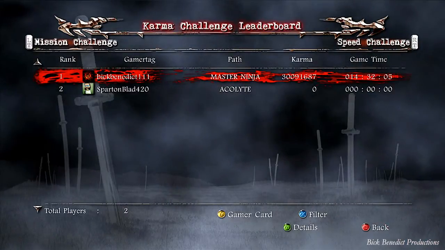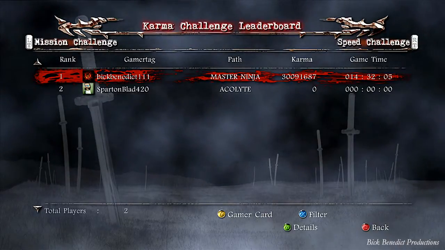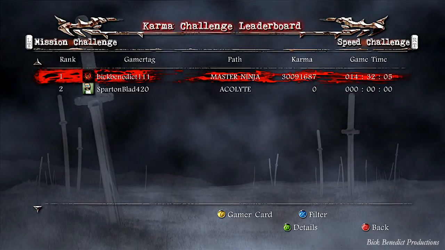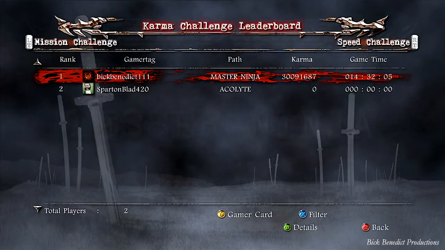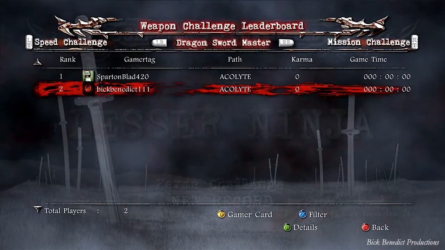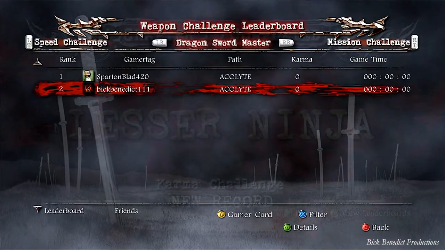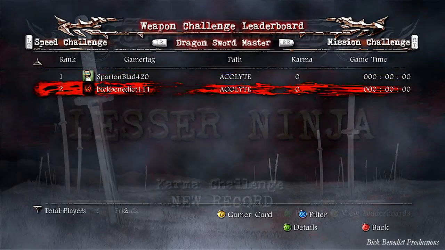So I uploaded my statistics to the leaderboard here. I haven't done it yet, so I'm interested to see. You see where it says mission challenge, press left trigger. So I'm going to go over there, press left trigger, and actually we want the weapon challenge. So check out what it says here. It says all the stuff about the Dragon Sword Master, which I don't have a ranking on yet